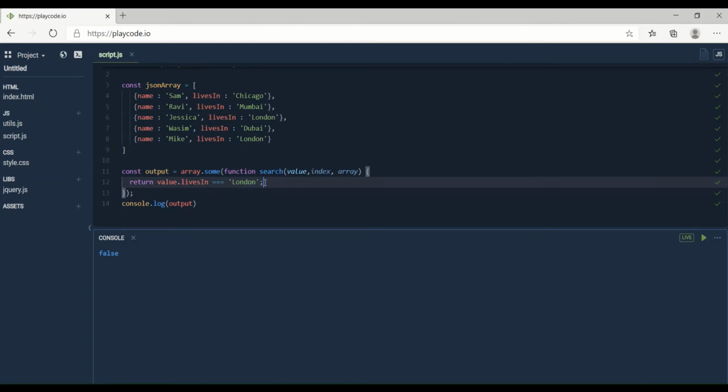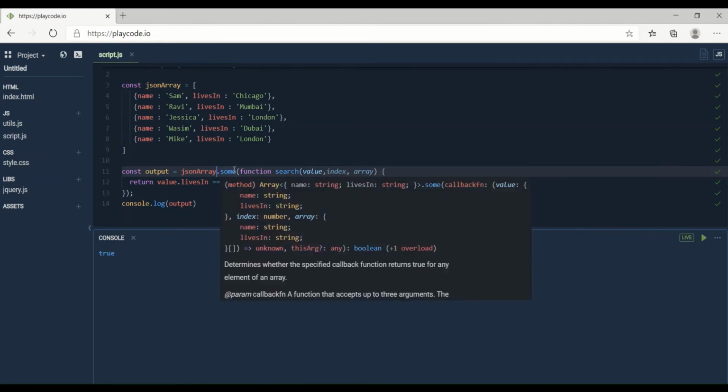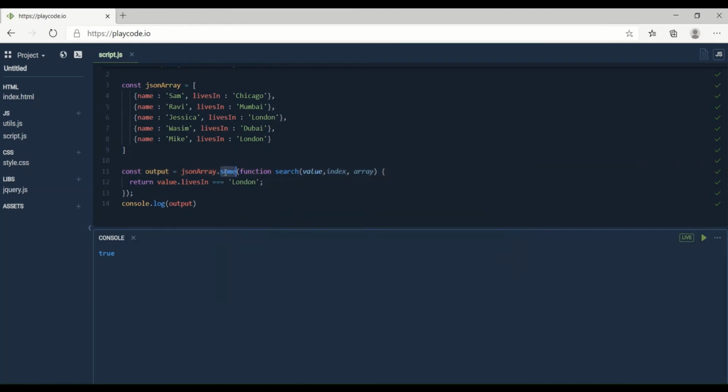Then console.log output, and I have to change this to JSON array, and this would return true. So if you want to provide a function to check for a particular value, then use sum, and this returns true. If I say, let's say LA, it would return false. And let's see how many times it is processing this